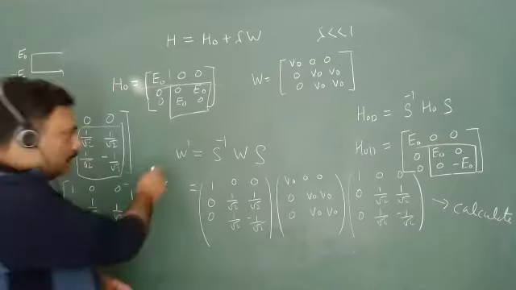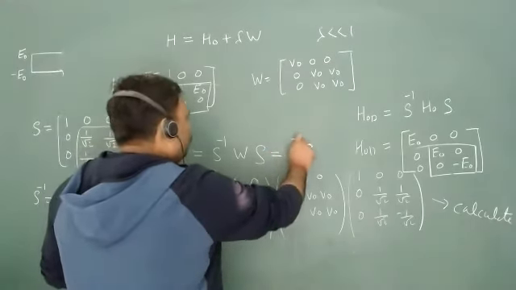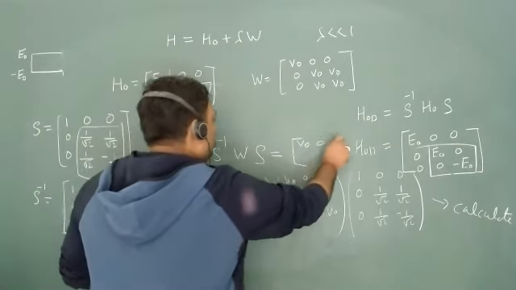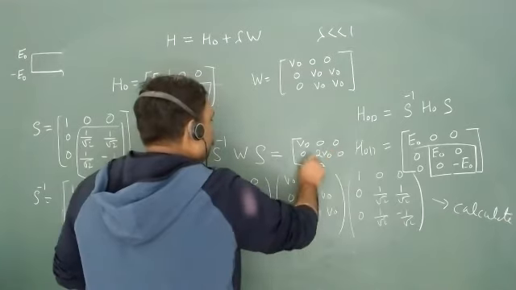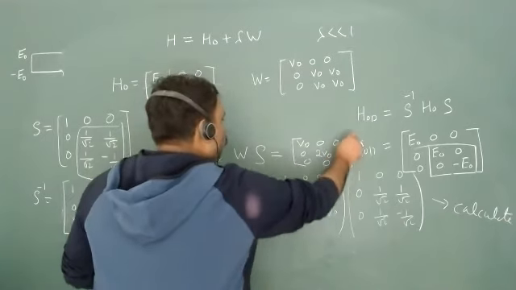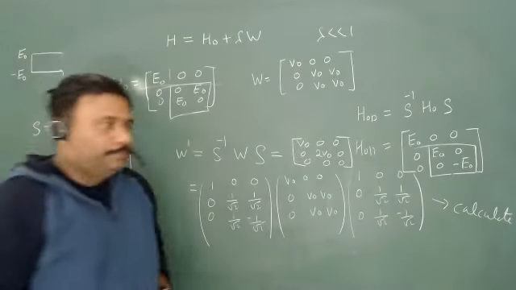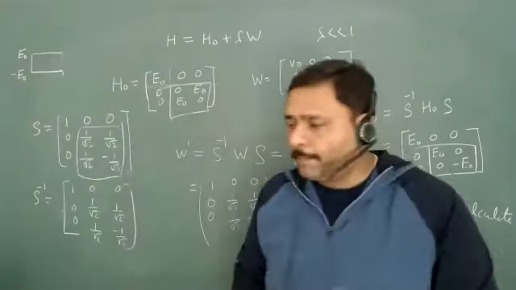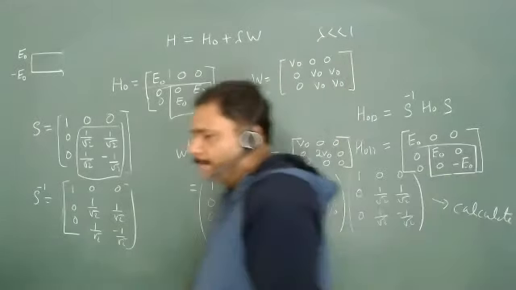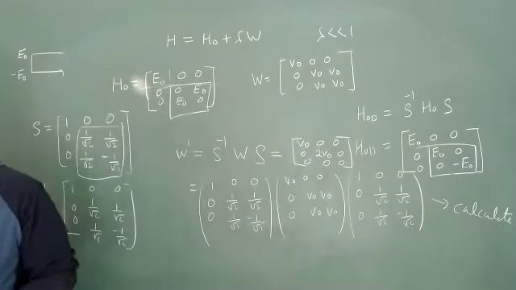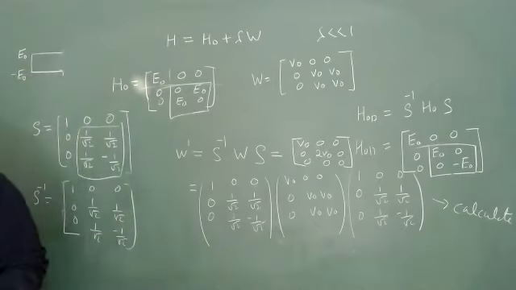So if you find this particular thing, then I guess you will get the value V naught 0 0, 0 2 V naught 0, 0 0 0. Just check it. Are you getting this one? Please do it right now in the class. And you should get this answer. Are you getting this one? Anyone?